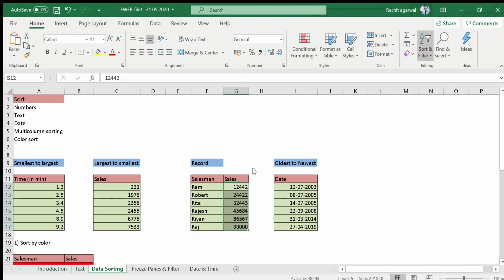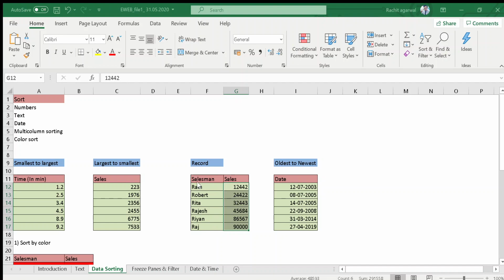Before clicking, just remember the first salesman is Ram. But here if I use the particular feature largest to smallest, the dialog box, or the warning option, asks if you want to expand the selection, because you have selected only this column, and if the data is sorted, your entire table will be disturbed.